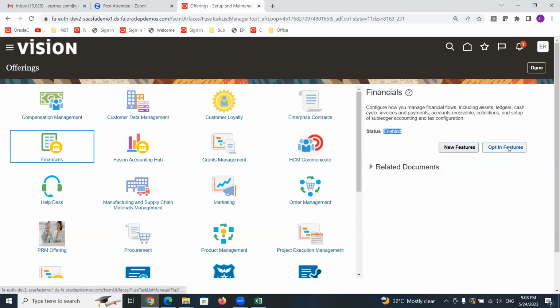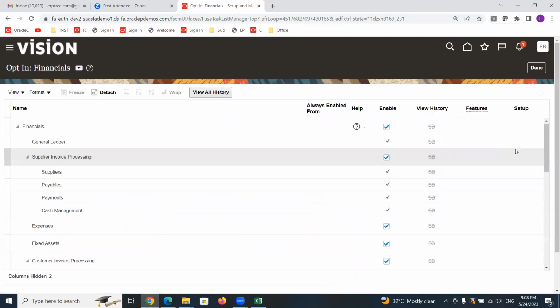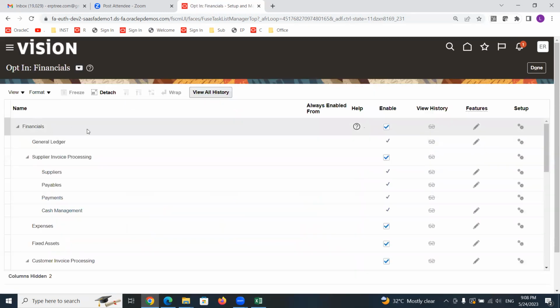You can click on opt-in features, where you can enable financials so that it is available for any kind of setups or to create the implementation project. Click on opt-in features. It will take us to the page where you can see financials.